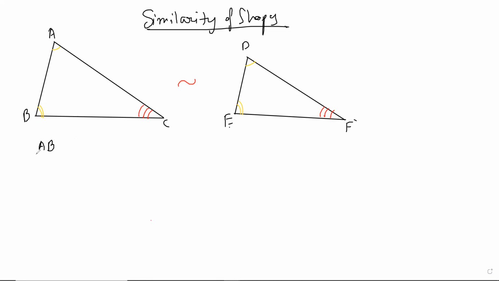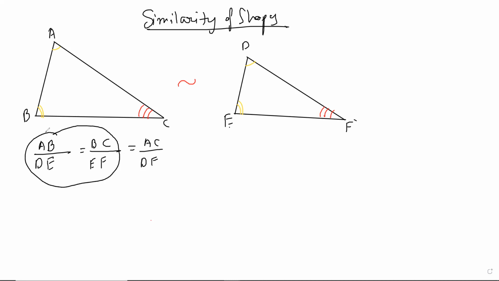So what do I mean? I mean, like, AB is a magnified version of DE. And the scale of magnification, how much AB is magnified to DE, is the same for the other sides as well. So for example, BC is a magnified version of EF and AC is a magnified version of DF. This is the key thing about similarity. This is why it's useful, right? If you know three of these quantities, then you automatically know the fourth. So that is basically what it was. It's just a quick recap of the main thing that we did the last time.